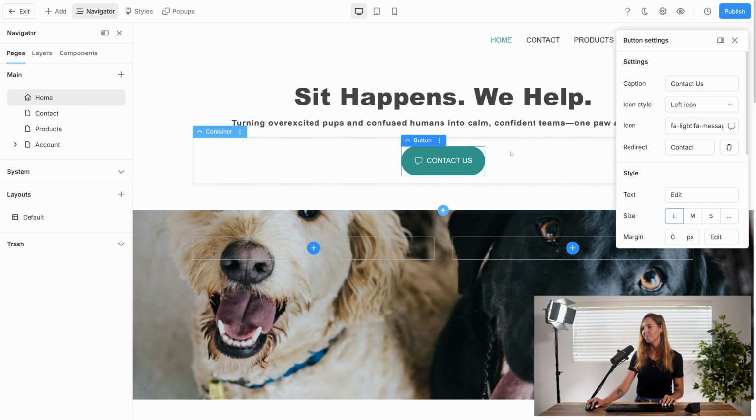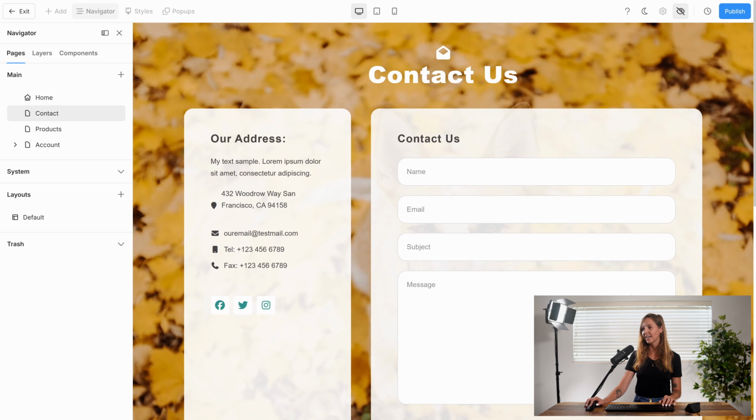All right, so that is my basic settings for the button, and the most important one, our redirect setting, making sure that button actually works. So now if I preview this page and I click contact us, it's going to take us immediately to our contact page. So that is a very quick video on how to set up your buttons and make sure that they are navigating to the